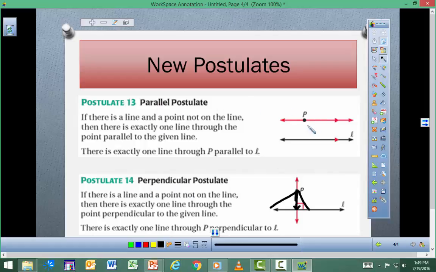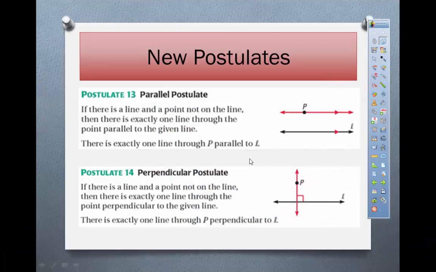The parallel postulate says there's exactly one line through a point that's parallel to the given line. This one says there's one line through a point that's perpendicular to the given line, and so on and so forth. Well, I kind of went through that fast, but